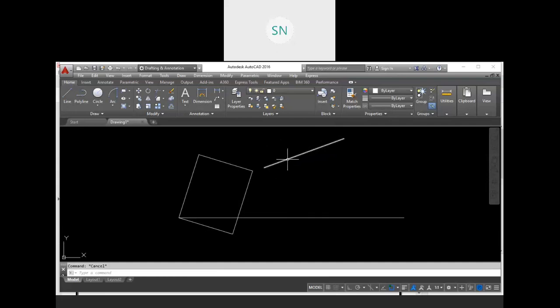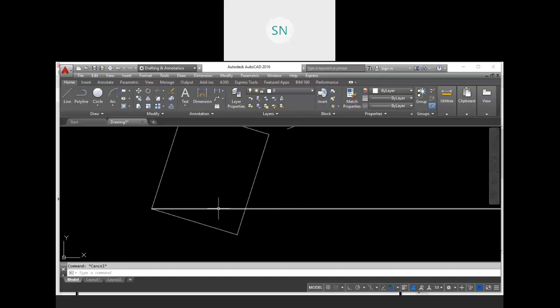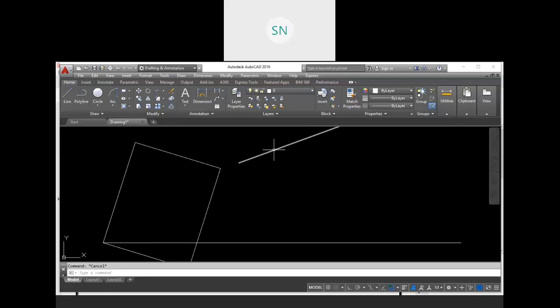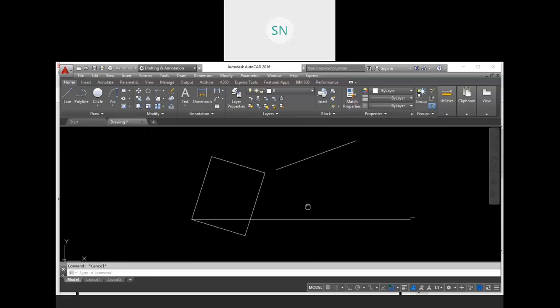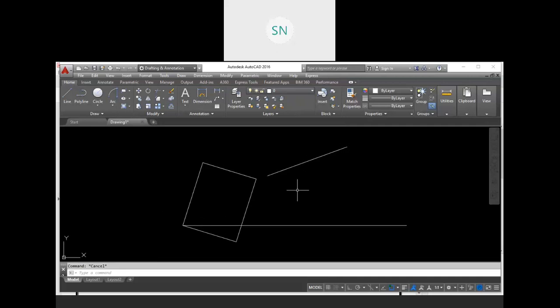So what I have to do, I have to measure this angle. For example, it's angle alpha. Then I have to measure this angle. For example, this is beta. Then I can rotate this rectangle with the angle alpha plus beta. So that will be my final rotation angle. But I don't know my first angle and I also don't know my second angle, right? So we can use a reference method over here.